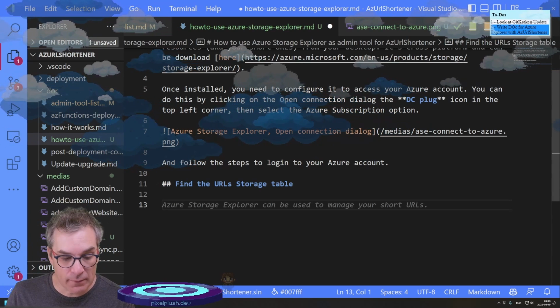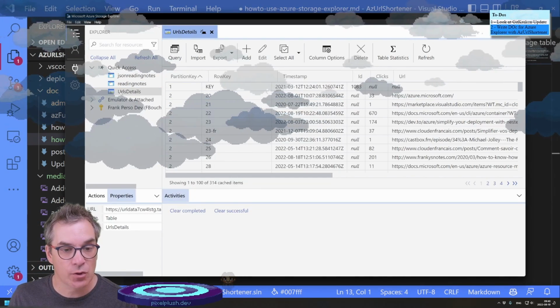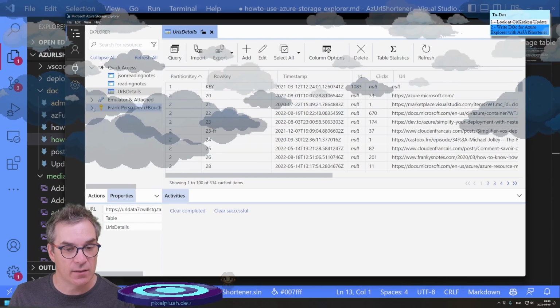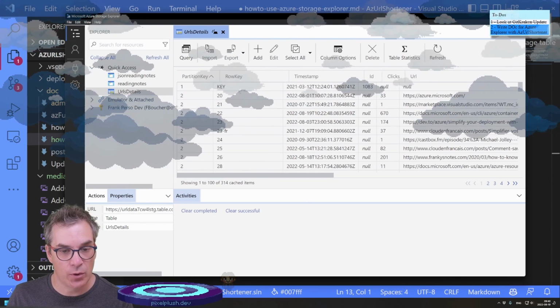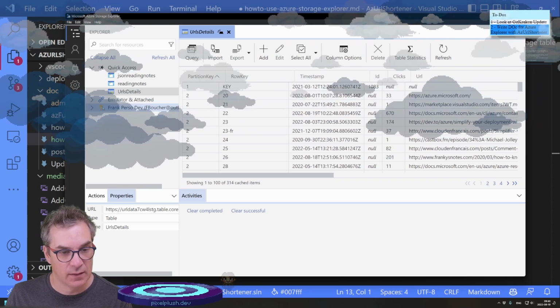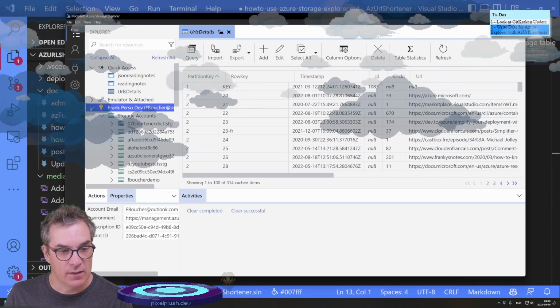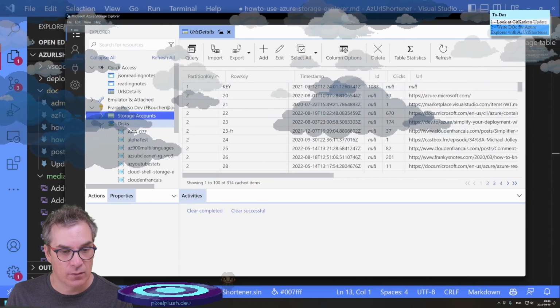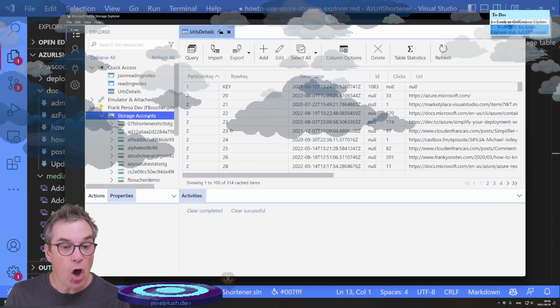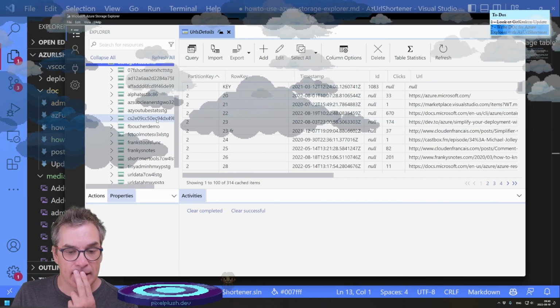Find the URL. Okay, so the storage will be URL details. So what we want to explain is you expand that. You expand your storage. And then you find